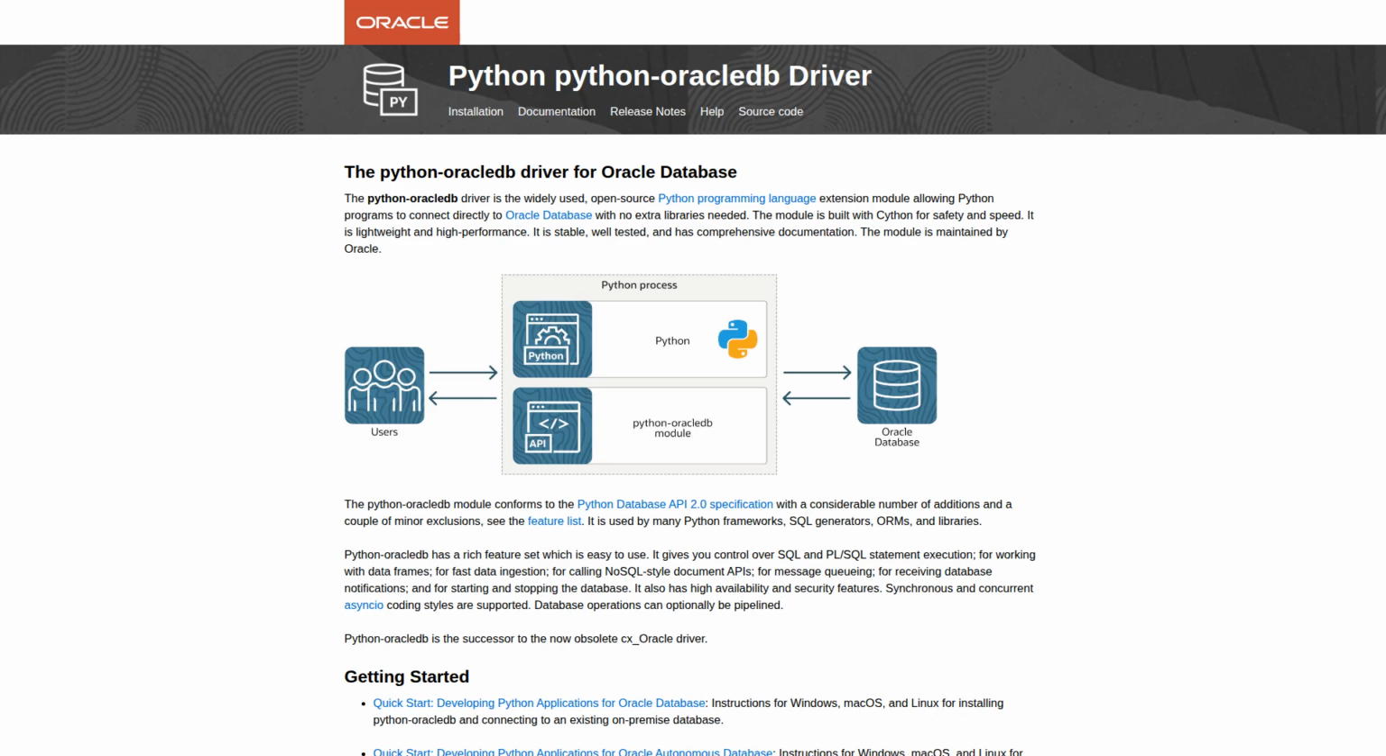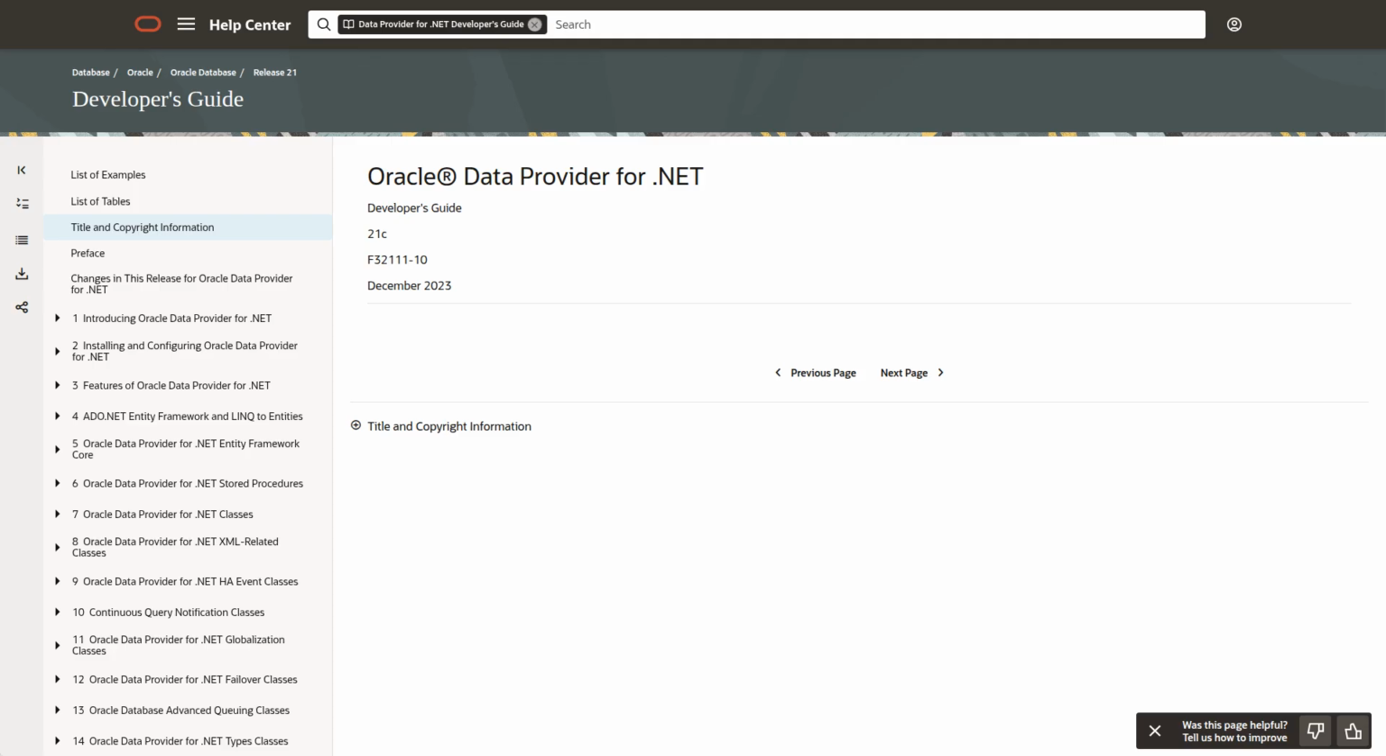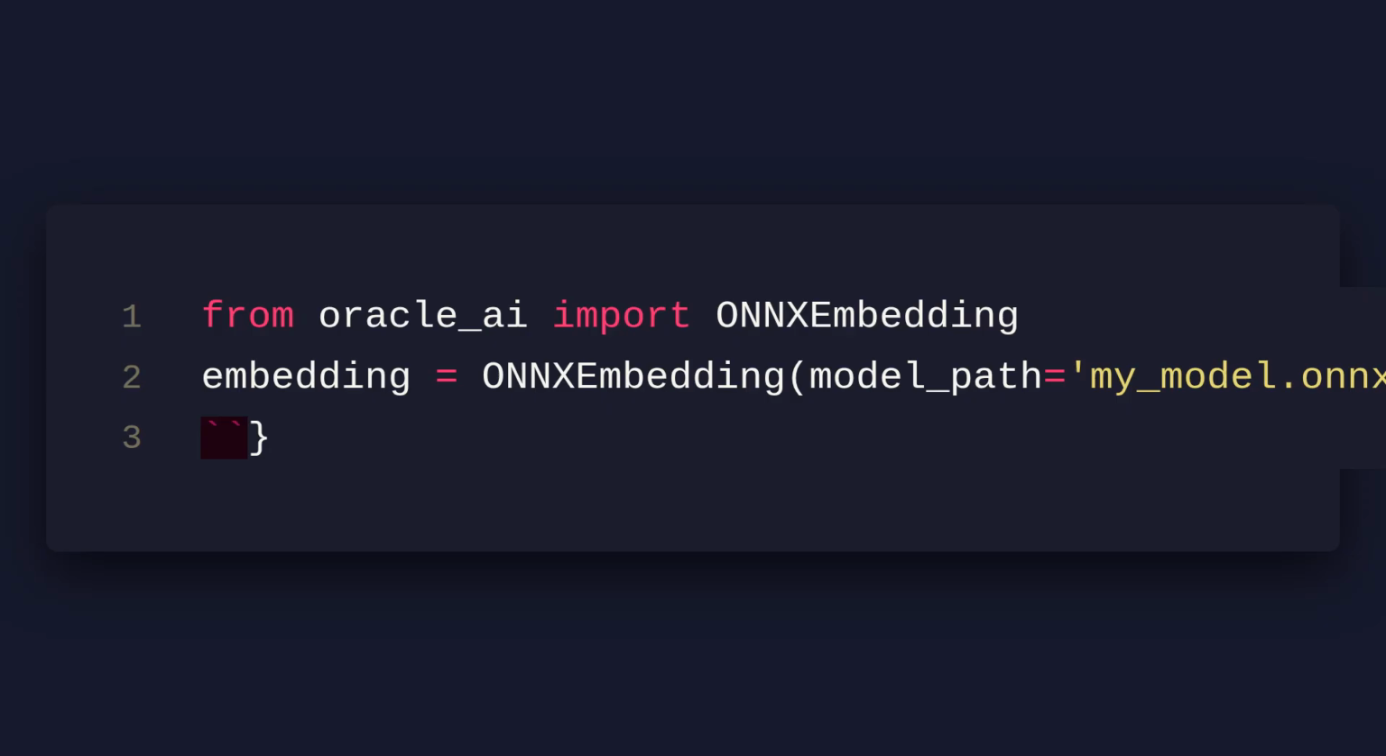But how do you get started with building ONNX embedding workflows in Oracle AI Database? The good news is that it's easier than you think. Oracle provides a Python library called Oracle AI